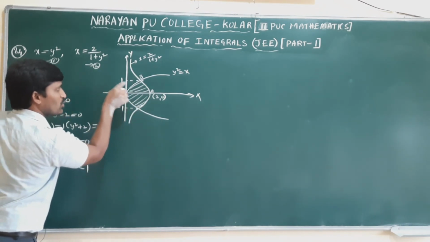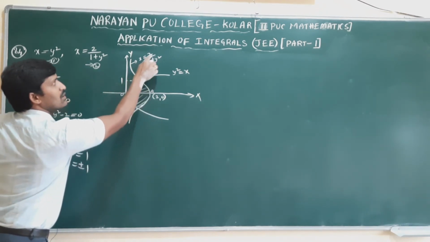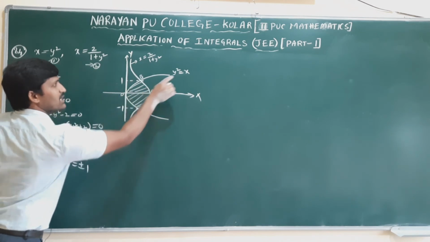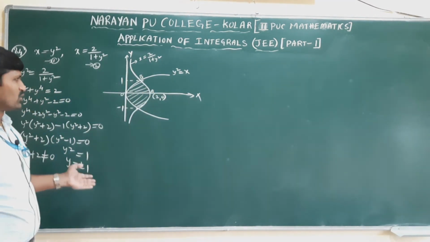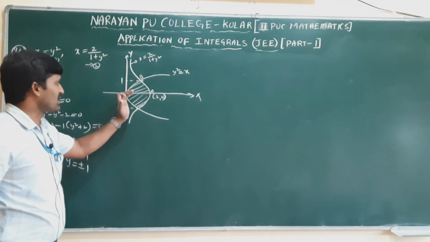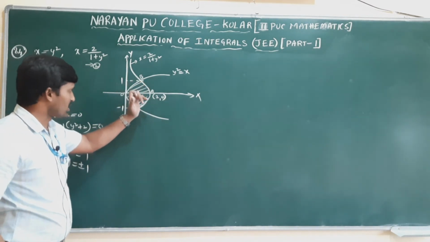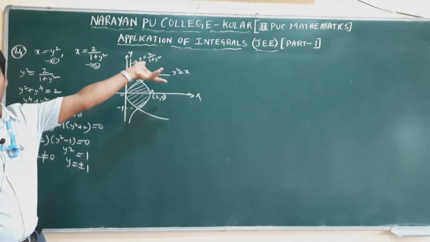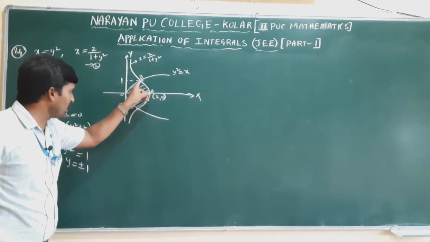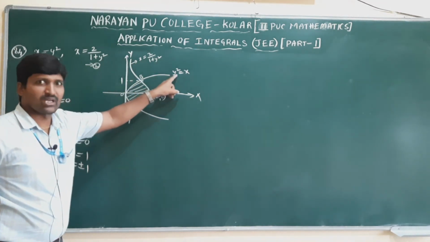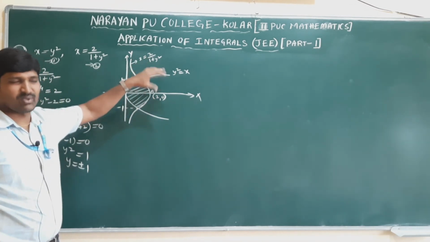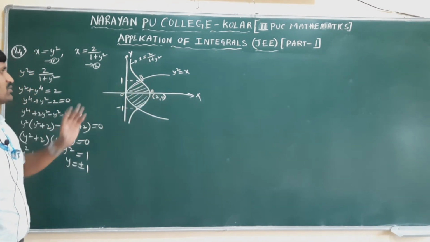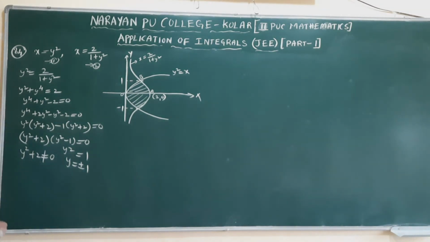I will take from 0 to 1, where the upper curve is 2 by 1 plus y square and the lower curve is y square. I am doing it with respect to y; if you want to do it with respect to x, we have to split like this. From here to here, 2 parts we need to add and make double. Because from 0 to b, the y square curve is there, and from b to a, the second curve is there. That's why I am doing it with respect to y. That's why the required area